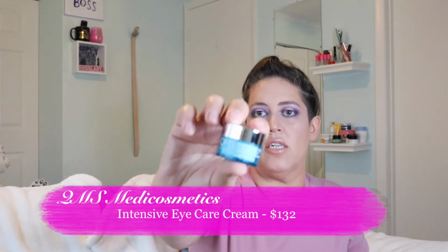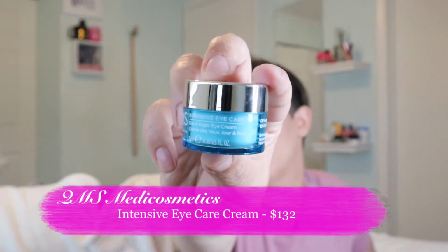So sure, yeah, okay. I'm gonna have to try that. I'll definitely try these in a future, like with tutorials and stuff like that. Alrighty. Oh, yay. Okay. I always like a little bit of skincare, and we have OMS Meta Cosmetics Intensive Eye